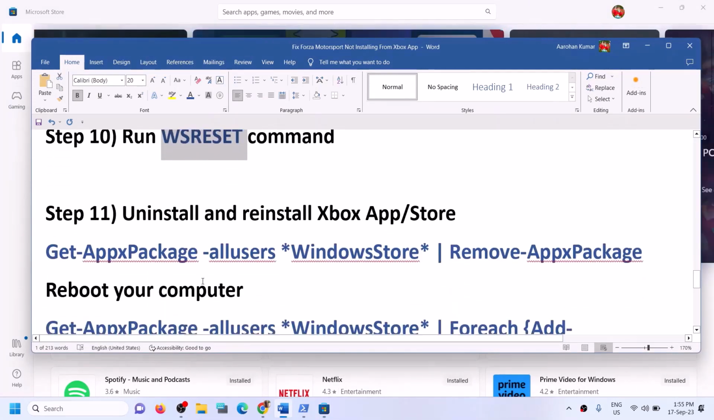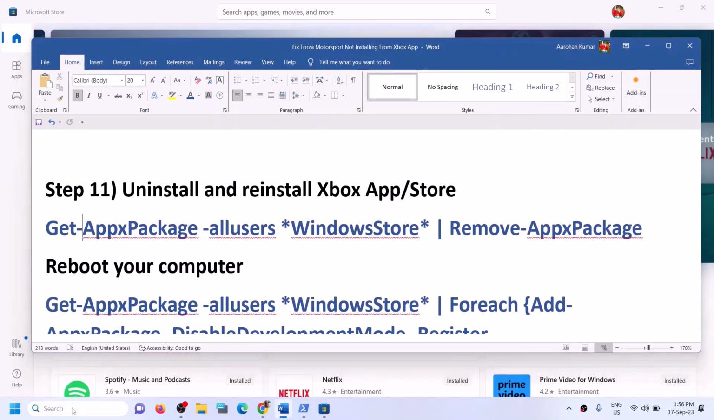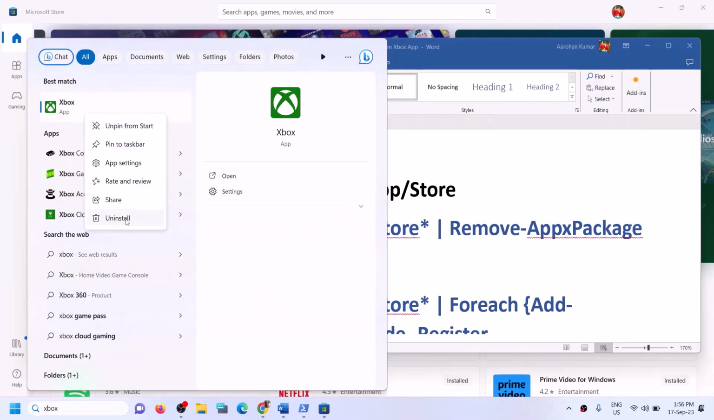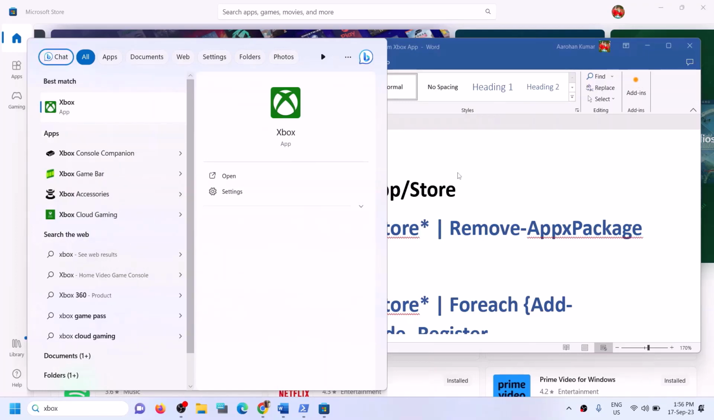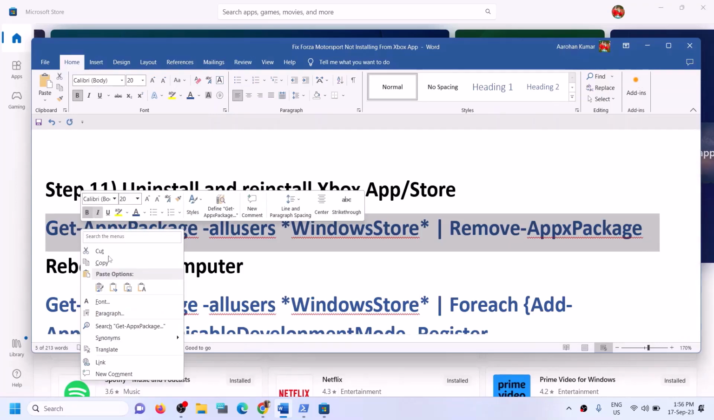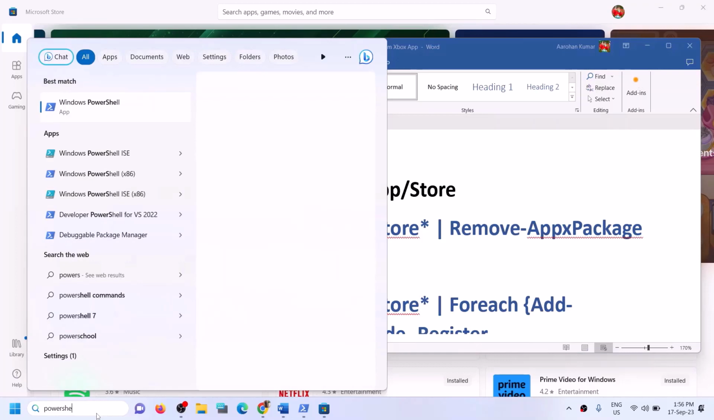Now the next step is to uninstall and reinstall Xbox app and Microsoft Store. Now to uninstall Xbox app, you can type in Xbox app in Windows search box and then make a right click on Xbox app and then click on uninstall. Now once Xbox app is uninstalled, now copy the first command and then type in PowerShell in Windows search box and then